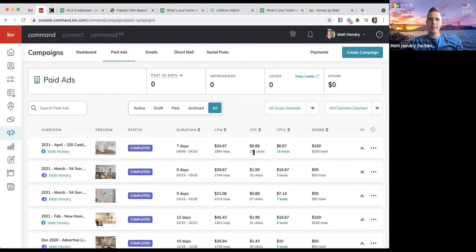So it was 66 cents per click. When they click on it, a screen pops up saying, hey, do you want to share? It pre-populates their information in Facebook and says, do you want to share this with the other person? Of that 150 people, only 10% actually said yes, submit the information. So I got 15 leads at a cost of $6.67 each. That means the other 90% clicked on it and then said, oh, nope, never mind, I don't want to share